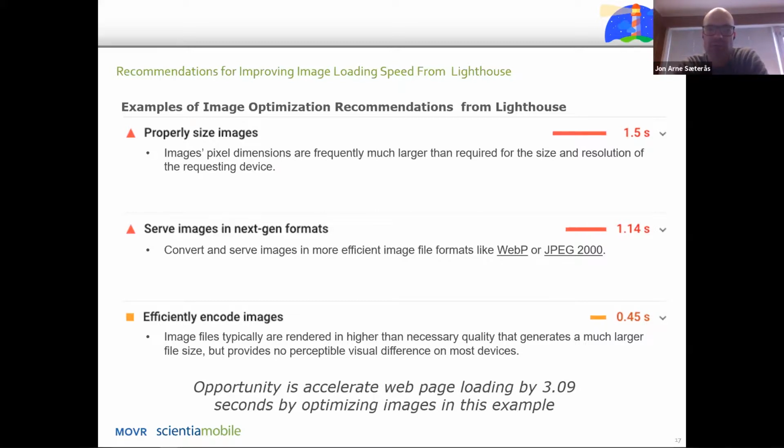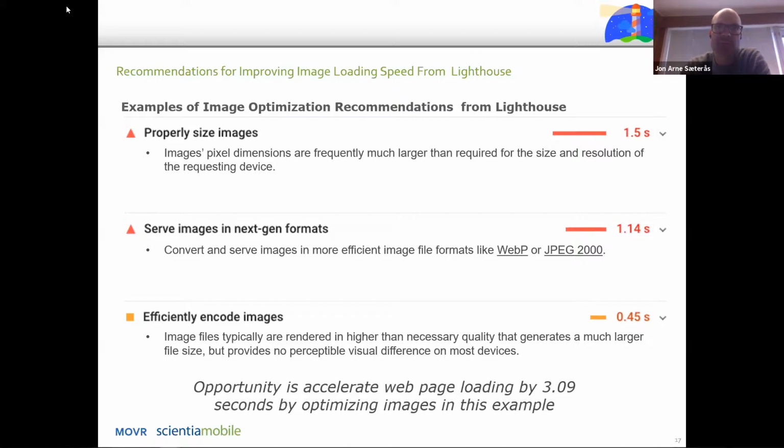One of the things the Lighthouse tool is looking at is images, and how optimizing images in certain ways will make the performance of the website better. And this slide we're looking at now suggests that this particular site should size the images correctly. In this case, I guess the images are a little bit too big in terms of pixels, and then use efficient file formats, and so on and so on. These are milliseconds often, but in this case there's actually more than a second to save. They add up, and of course one can address this manually, but